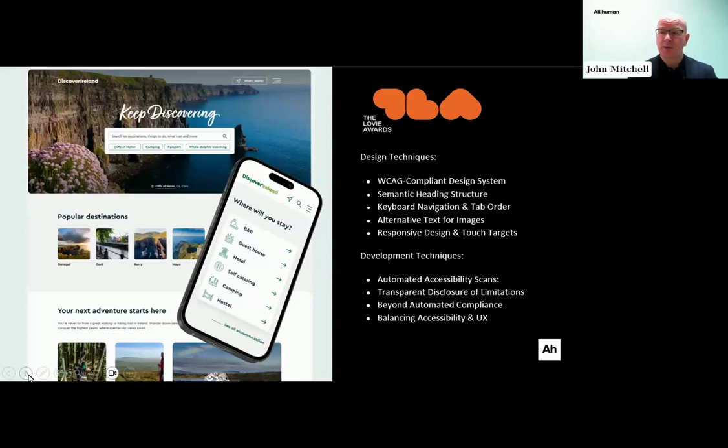And then, behind the visual layer, ongoing scanning of the compliance of the code. And then comms, disclosure of the limitations of some of the coding. And then trying to get that balance between accessibility compliance and good user experience. So that's an ongoing value judgment between good coding and good design standards. And as you see up on top, that's a site that's winning at an international level. So here's an example of good user experience and accessibility adherence working in tandem.